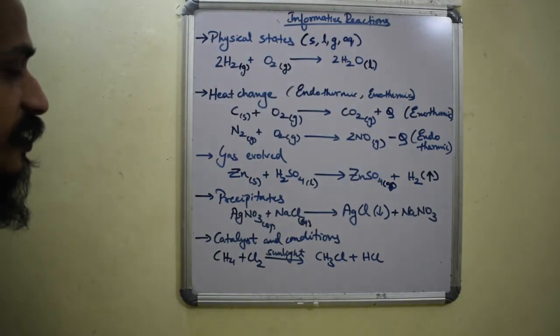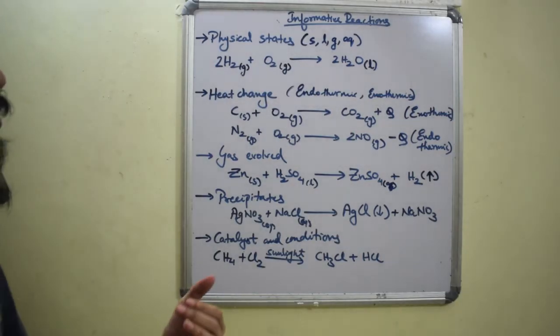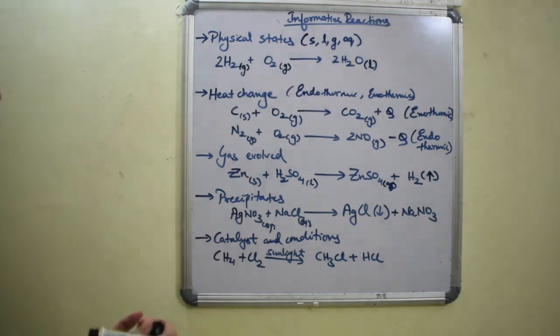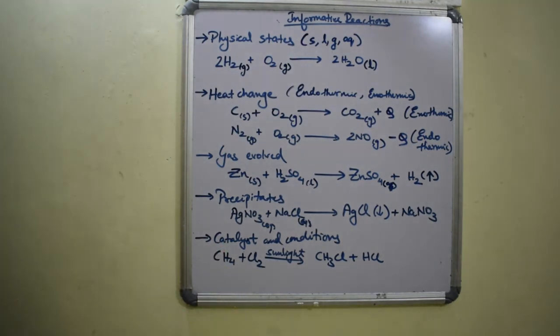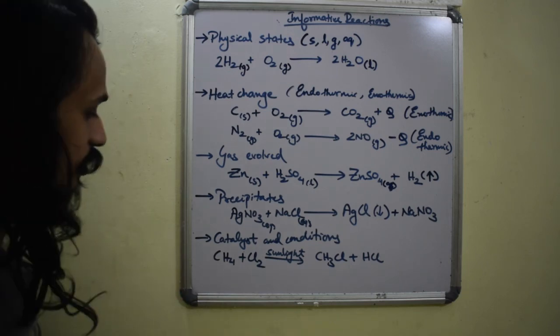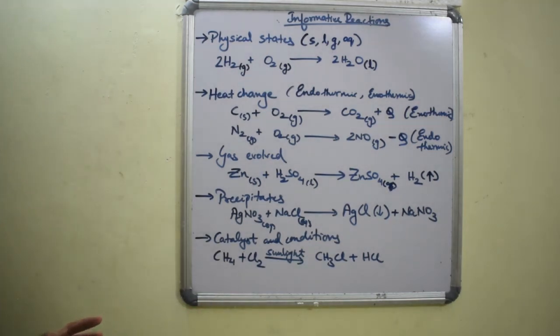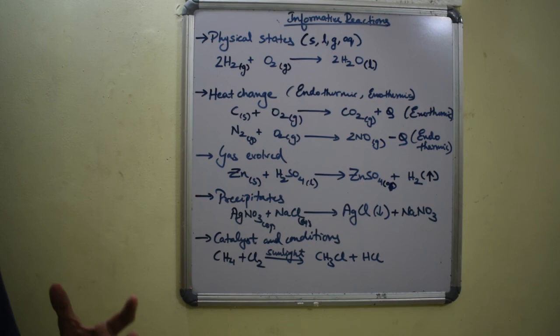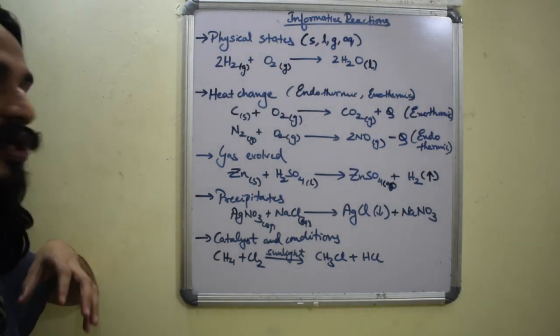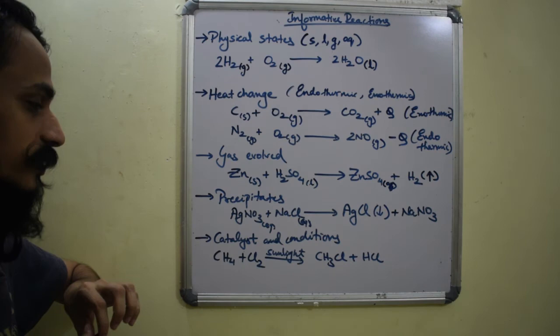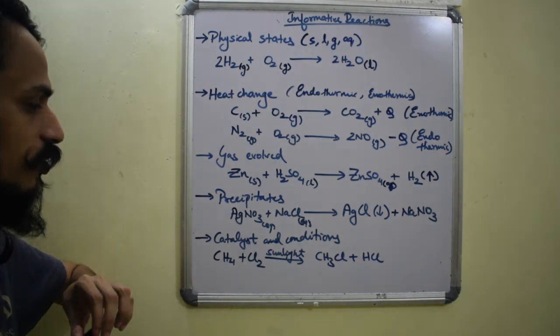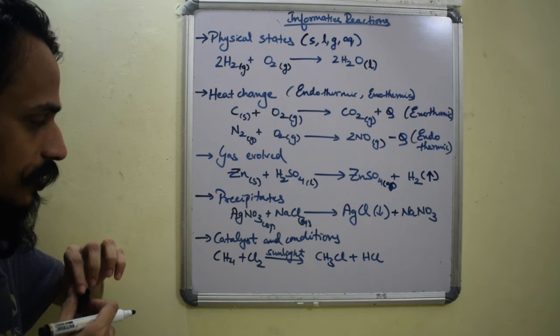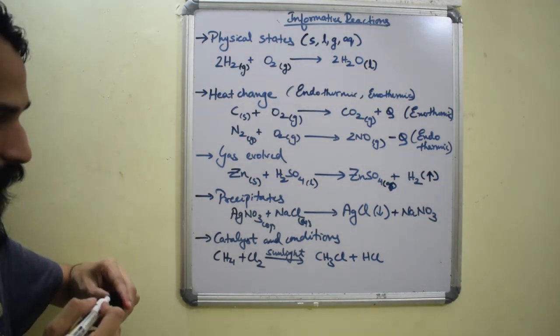Other than this, there are certain conditions also. For example, some reactions need electric discharge. Some reactions might need, again, sunlight. Another very good example for sunlight would be photosynthesis, right? Where carbon dioxide and water will combine, create sugar and oxygen gas. That is how plants work. So that can be another good way to show these catalysts or these conditions.